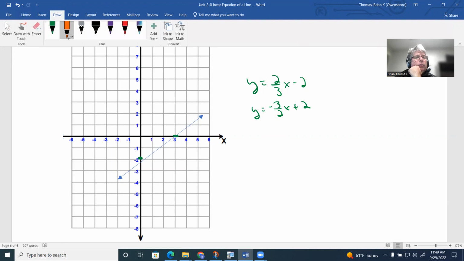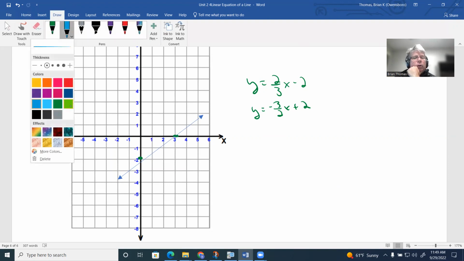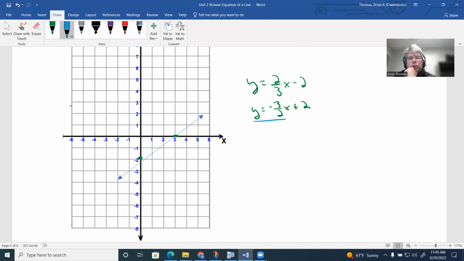Let's make this one blue. So we're going to draw this one in blue. So the y-intercept is going to be 2. And we'll go down 3, 1, 2, 3, and right 2. And we get there. So if I draw that line,